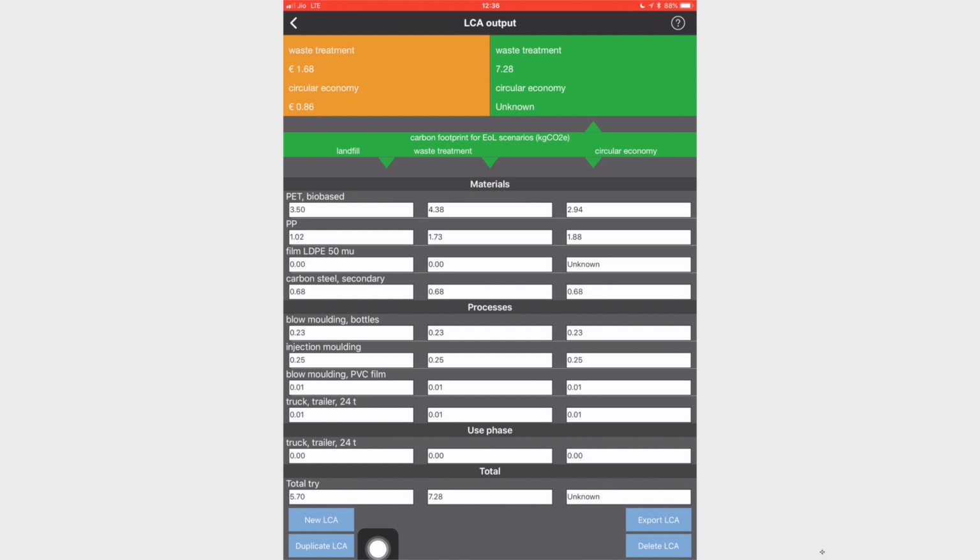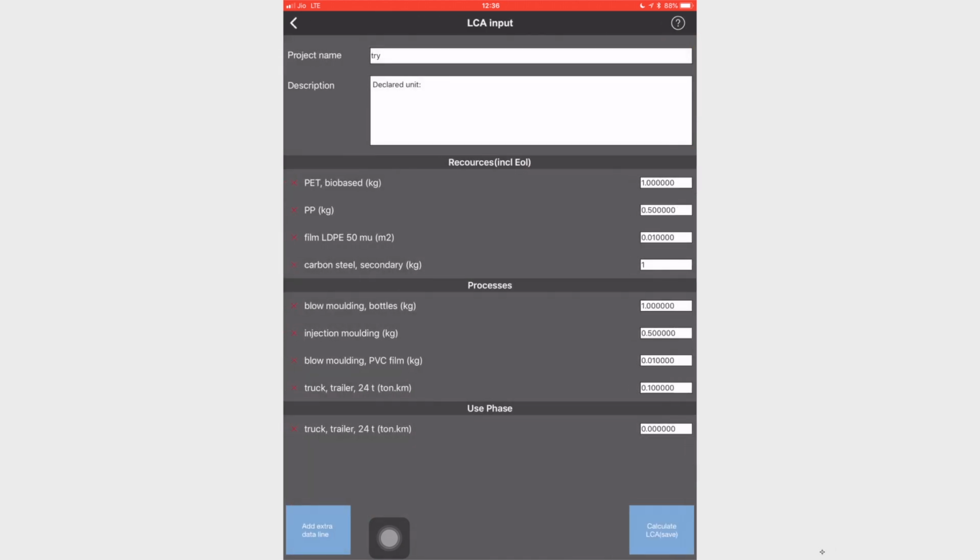What is this duplicate LCA meant for? What duplicate LCA will help you do is, say you want to compare two products. So, you want to compare between having polypropylene versus having polyethylene. When I do duplicate LCA, I will get another new LCA with all these resources, declared unit, everything the same.